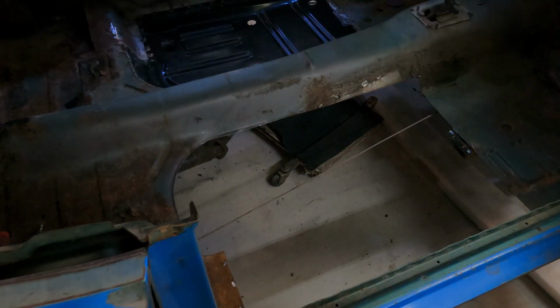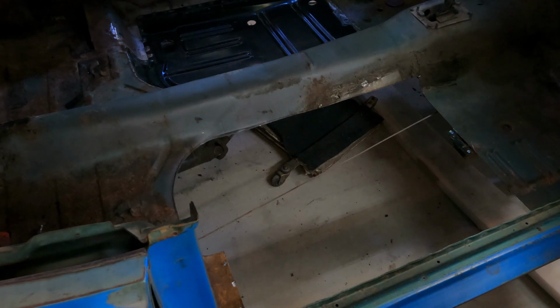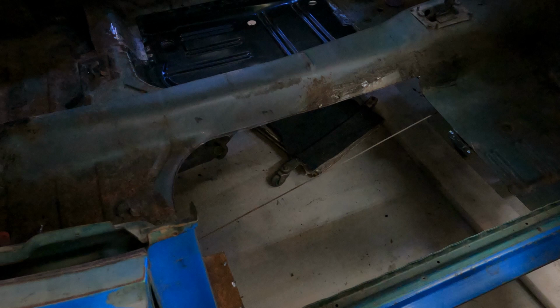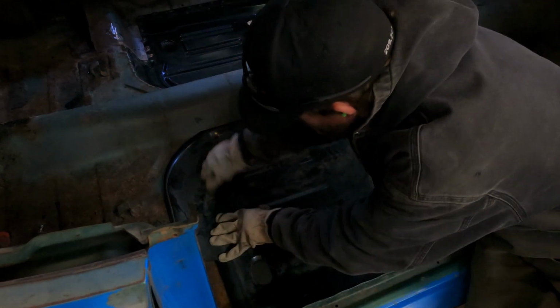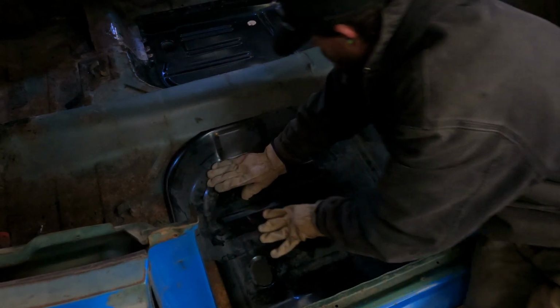All right, now let's see if this floor pan will fit. We'll have to trim it because I did cut it a little long. Just got to get it trimmed up front. And it fits pretty good back in here. And then I'll have to trim this a little bit. But other than that,